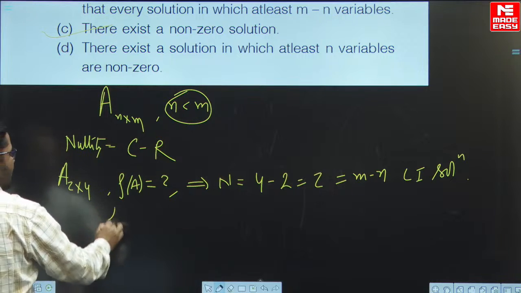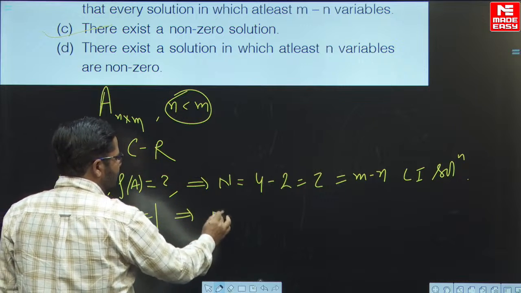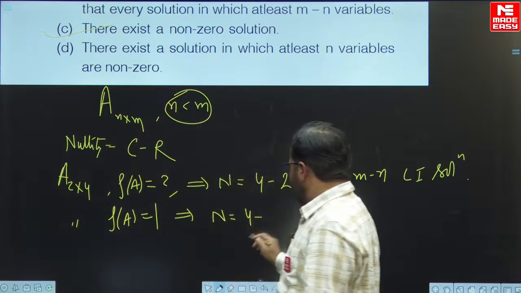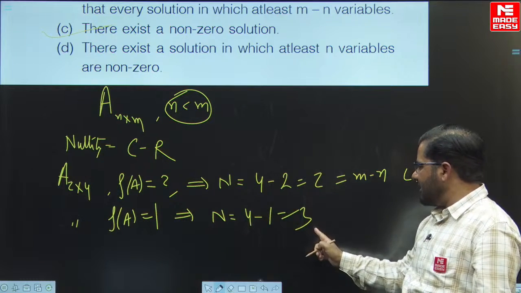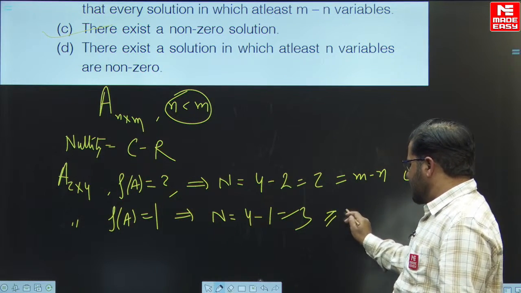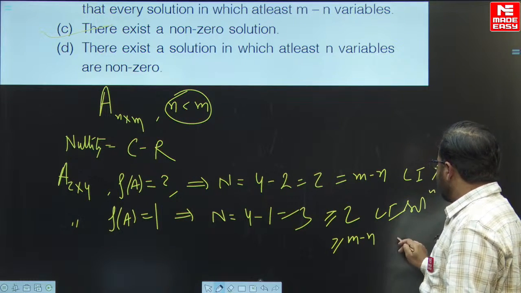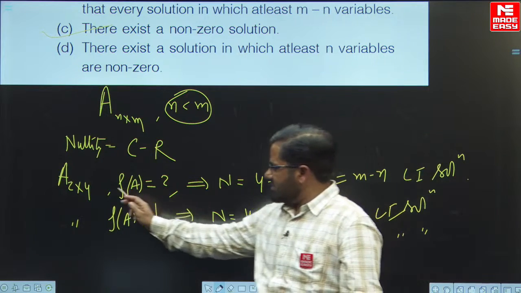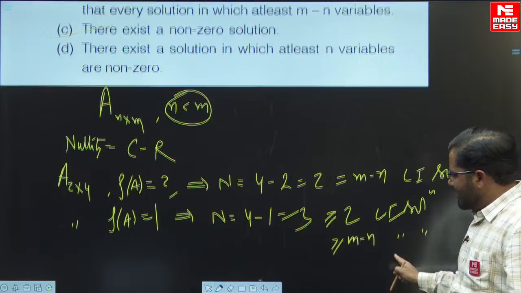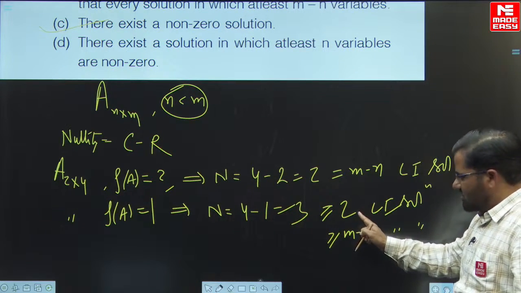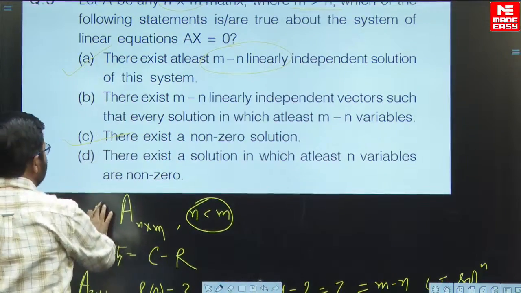Similarly if we take rank of A equals to 1, matrix is of order 2 cross 4, then nullity equals to number of column minus rank equals to 3। बेटा it means in this situation your system will have 3 independent solutions, and 3 independent solutions is greater than equals to 2 independent solutions, which means it is greater than equals to m minus n linearly independent solutions, because m minus n equals to 2। तो देखो जब भी 2 लिखा है m minus n कह सकते थे, इसका मतलब when we have 3 independent solutions then 2 solutions are also independent, it means option A is also correct। तो ऑप्शन ए, ऑप्शन सी आर करेक्ट।